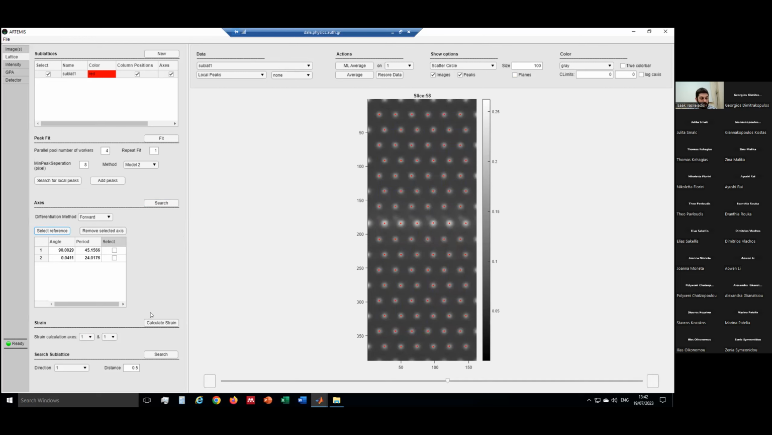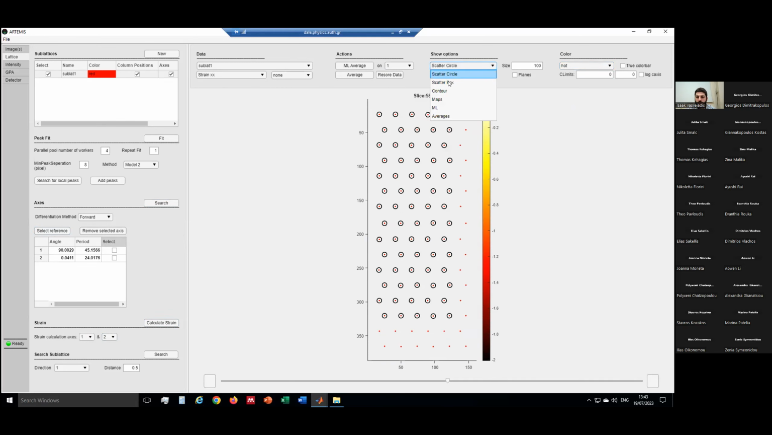The next step is to define the strain. So we have two axes, 1 and 2, and we calculate the strain. The strain is here. So as you can see, actually the program has the capabilities to use different colors in order to see better the structural features. You can see here that we have multiple capabilities to describe the peak positions,